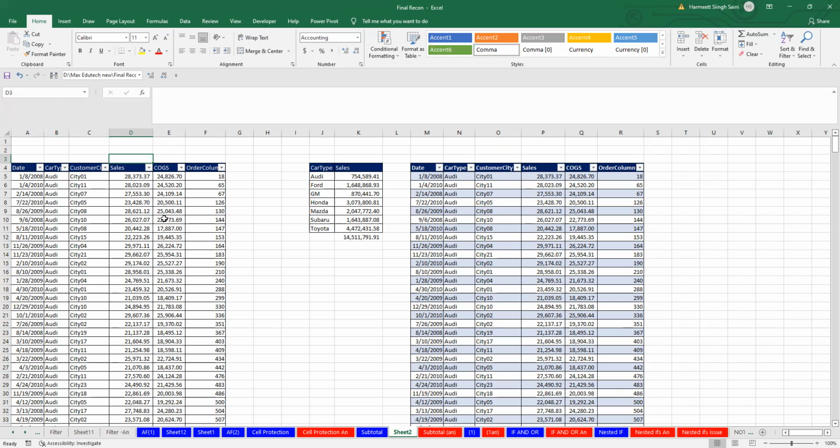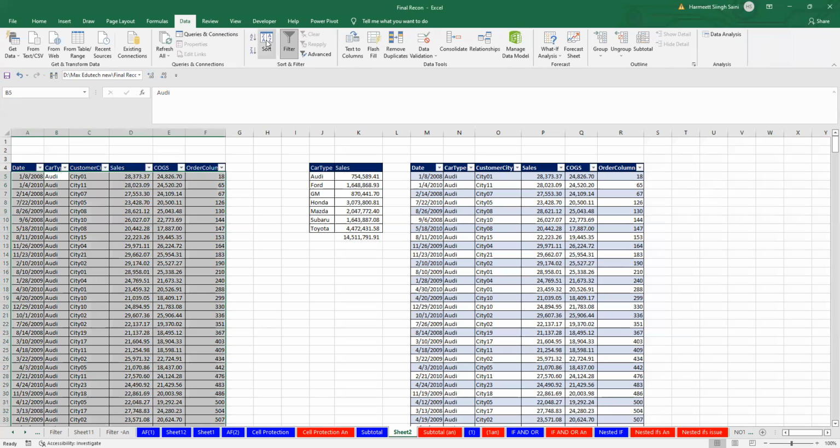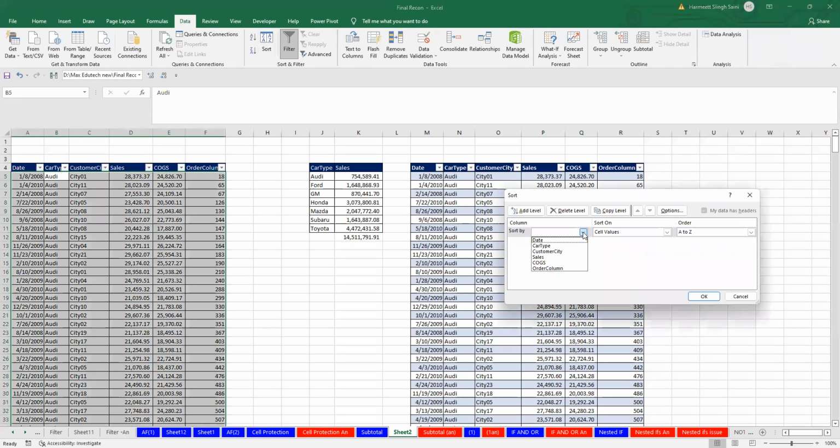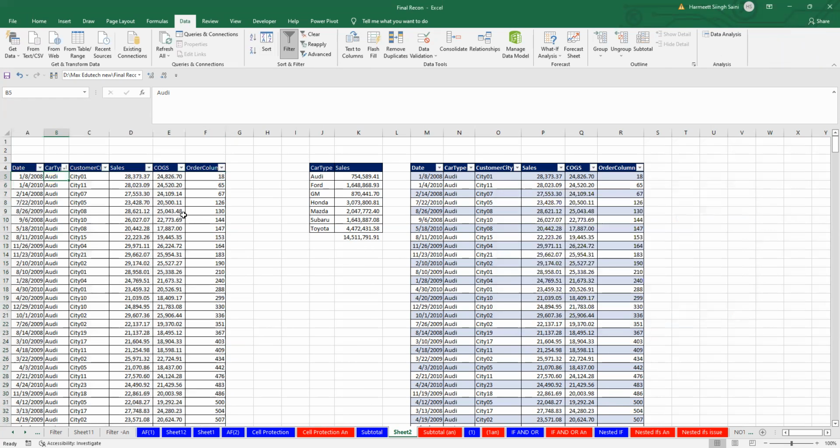So उसके लिए क्या किया है कि before we apply that particular thing, you need to make sure that you have sorted this data as per the car types. Because अगर आप sort नहीं करोगे, that grouping mechanism will not work effectively for you. Okay, so I have already sorted this data. I have gone to the data tab, clicked on sort and we sorted this data as per the car type, from A to Z. And सबसे पहला हमको यहाँ ऊपर Audi दिख रहा है. Okay, this is all fine. Once you have done this,